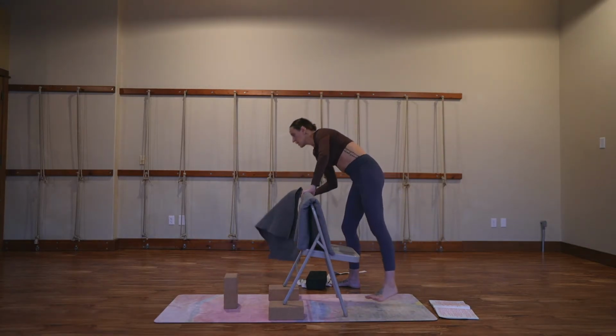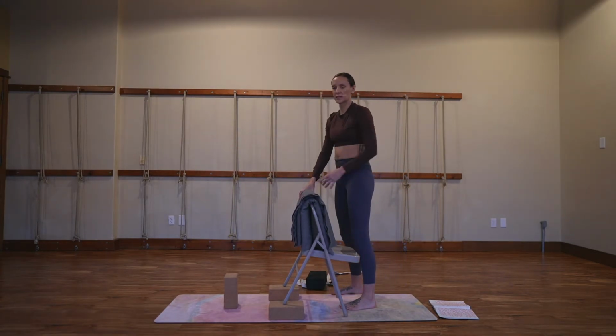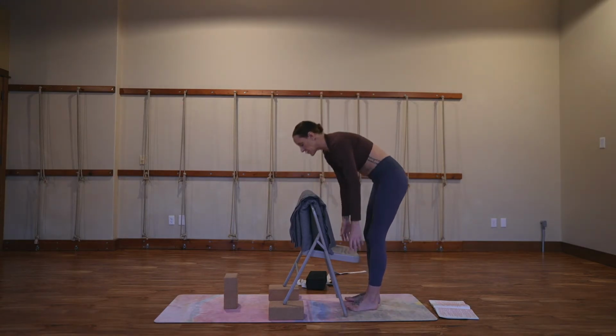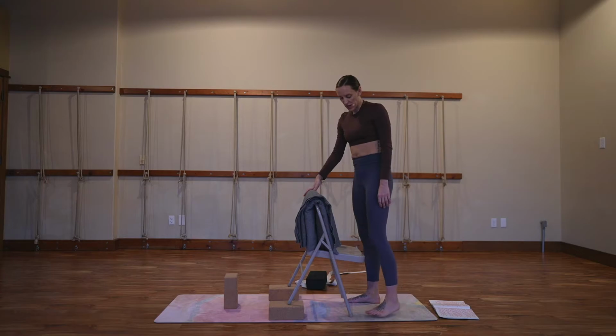And if you don't have all the appropriate props, then this would be a nice time to put yourself in a legs up the wall pose or a downward facing dog, any little variation of another restorative pose that you might want to play with. So I've got my chair on my blocks at the back of the chair, and now I'm going